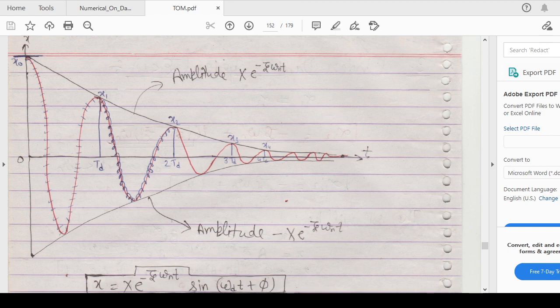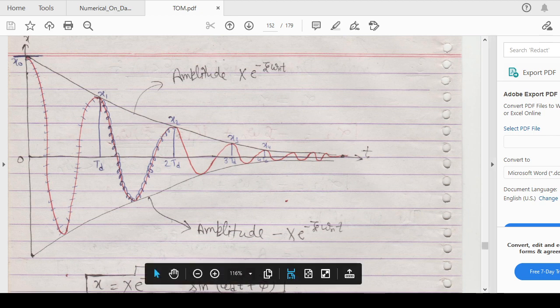Hello friends and my dear students, in the previous session we studied damped vibration and also looked into static damping, Coulomb damping as well as viscous damping in the previous videos. You can go through it. Today we are going to discuss logarithmic decrement and some numericals related to the logarithmic decrement on damped vibration.